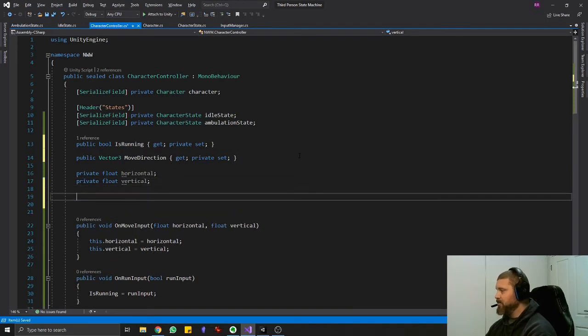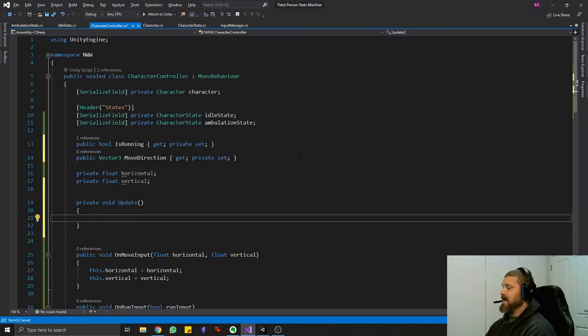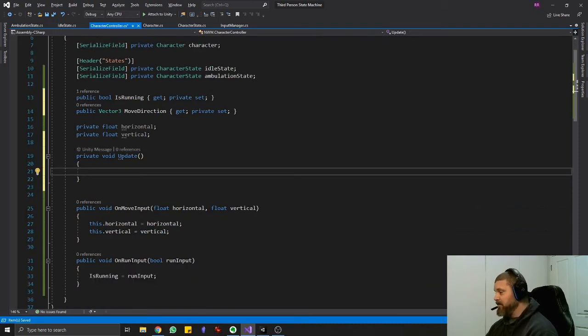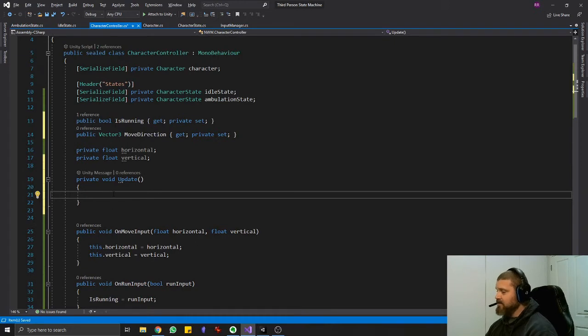I'm going to set my move direction in every update loop, because as my camera moves, my move direction is going to change. I'm already responding to the input over here. Now this update, the way I get my move direction, is identical to what I did previously. But for those of you who don't remember, and of course to see if I remember how to do it, let's do it again. I'm going to start by setting my move direction